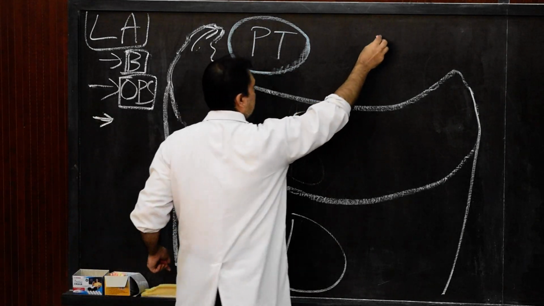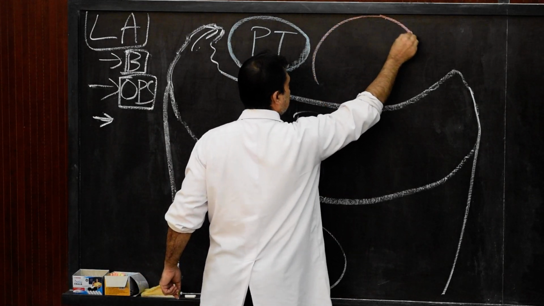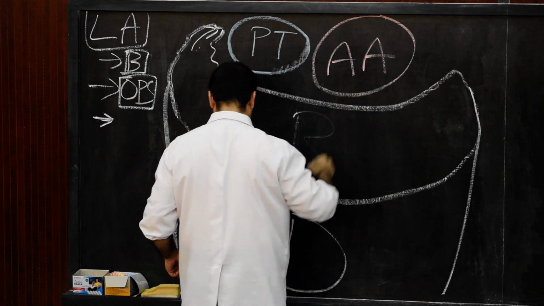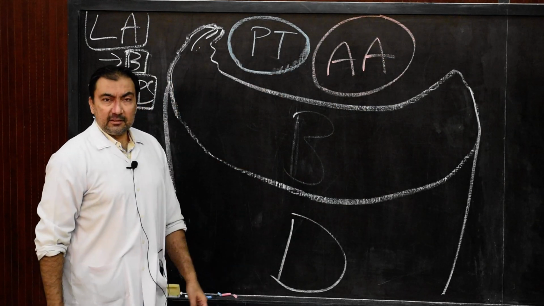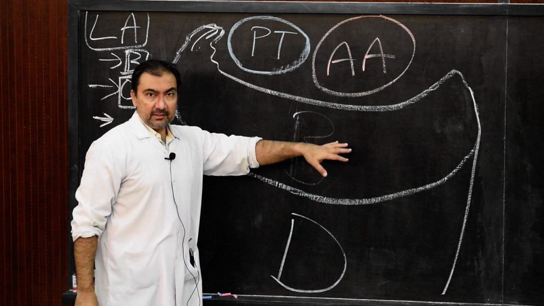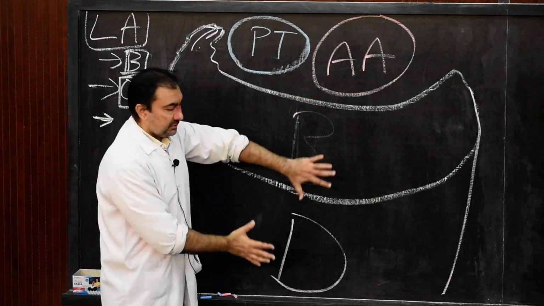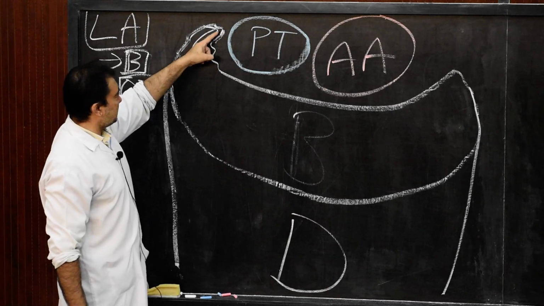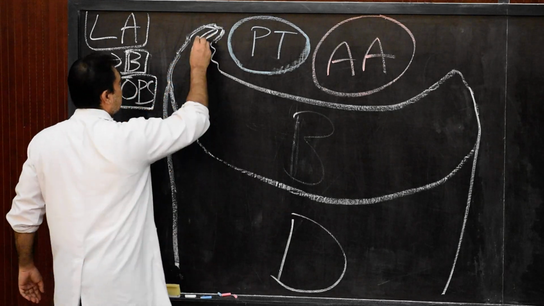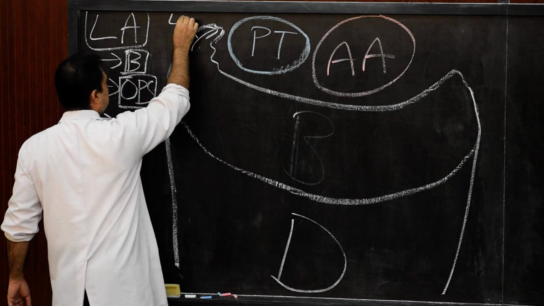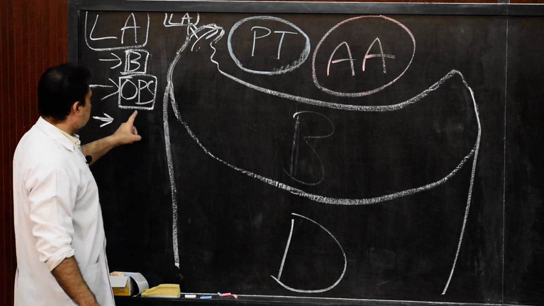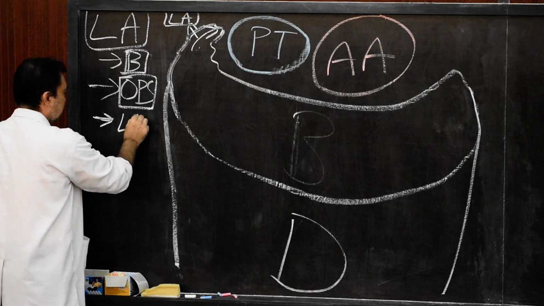And here, along with pulmonary trunk, you can show the cross section of ascending aorta. This is the cross section of pulmonary trunk and ascending aorta, and we are viewing the heart from the posterior surface, from the posterior side. So therefore, this is the projection of left auricle. This projection is now called left auricle. This is the third important characteristic feature. So here I can write the left auricle.